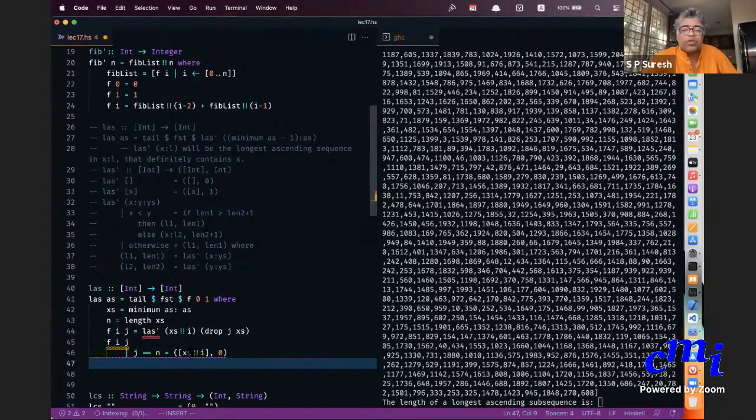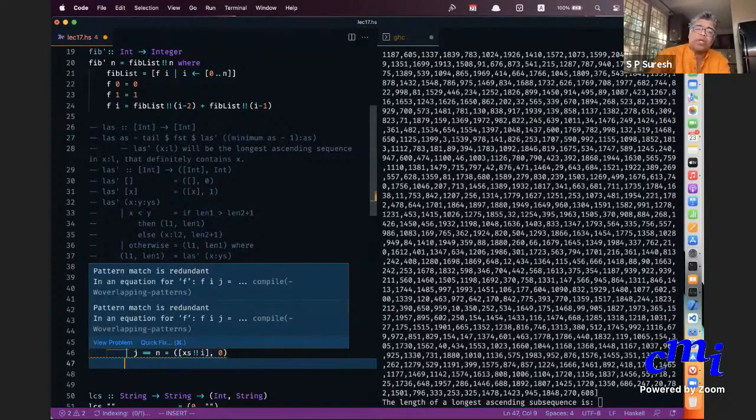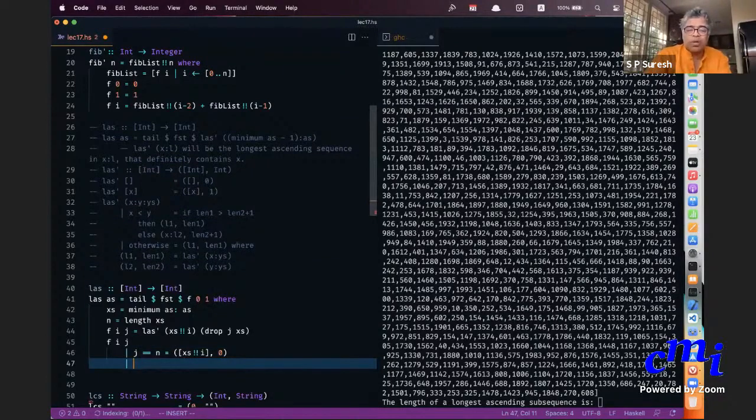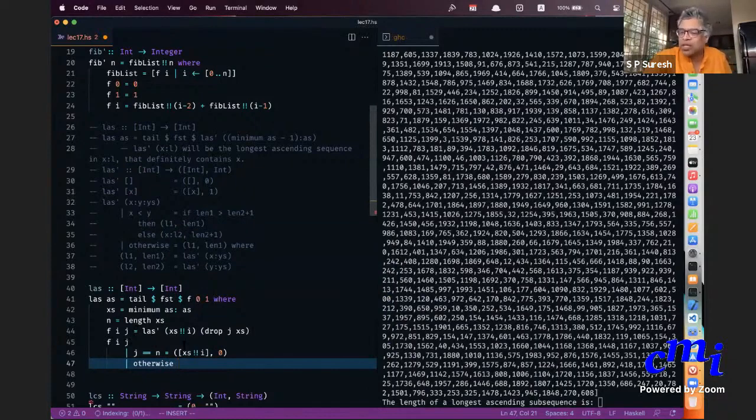Actually you see that you are doing this xs. Yeah, so let's first finish this version. Otherwise, what do you do? If j is not equal to n, then you do the actual recursion that you want to do. Otherwise, I know that j is not equal to n, j is strictly less than n, and I am assuming that I will make the call only when i is less than j. So otherwise I have to do whatever I have done here, except I should translate it in terms of, instead of calling LAS prime, I will call f. So the recursion is simple.